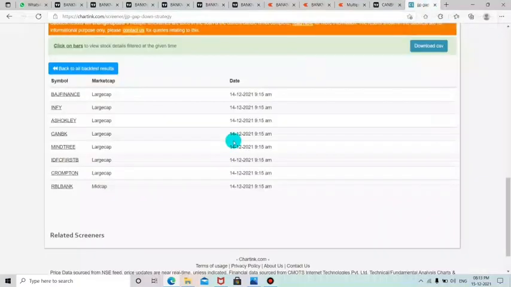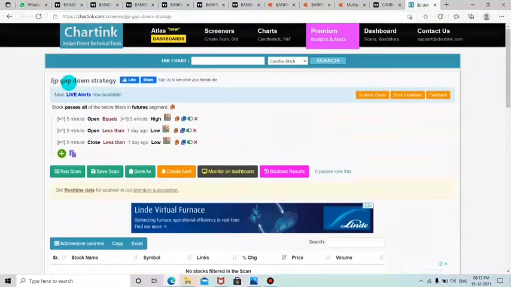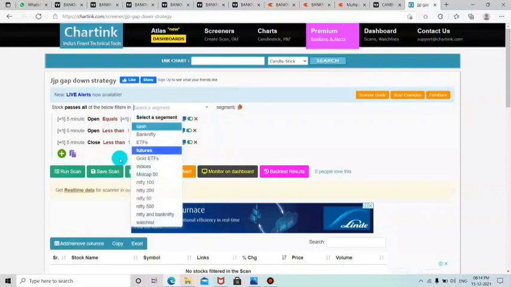So that's all, traders. Now I have uploaded this strategy for your reference, and you can scan for yourself and do daily intraday trade entries with this strategy. I will give the link of this strategy in the description, so you can use it easily. Once you click on the link, you will be directed to this strategy directly. Now we have understood how to code on the charting website, and whatever strategies we develop, we can search for scanners here itself, as well as choose the segment here itself.